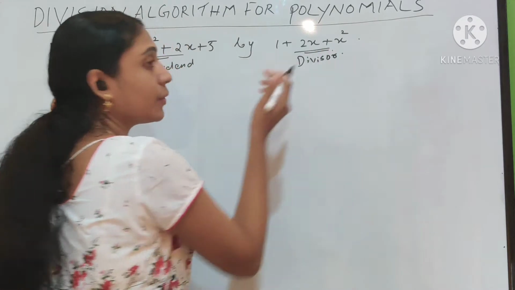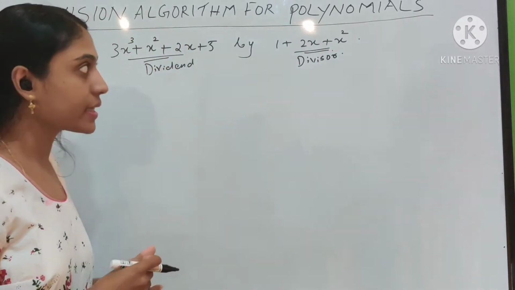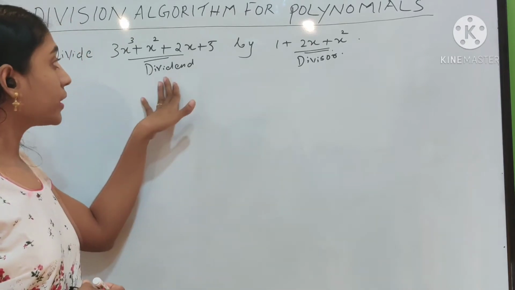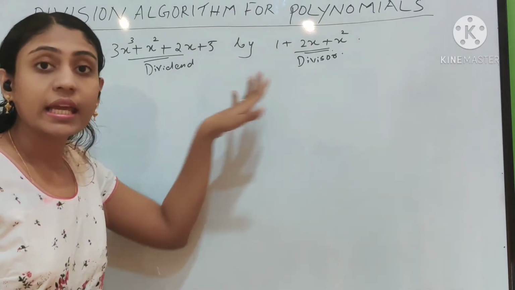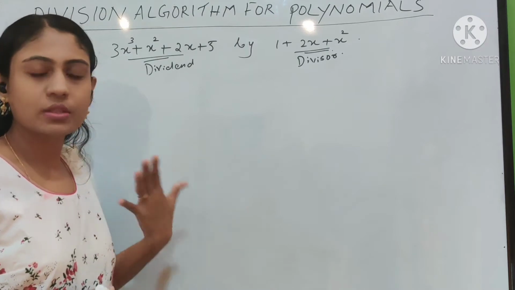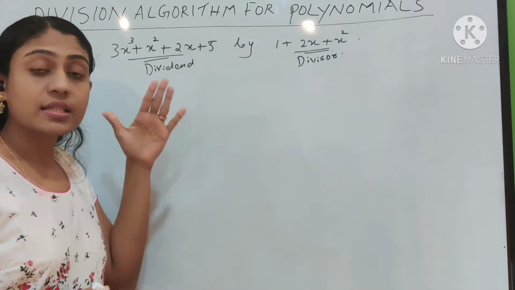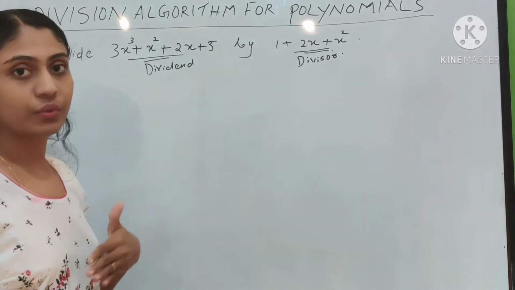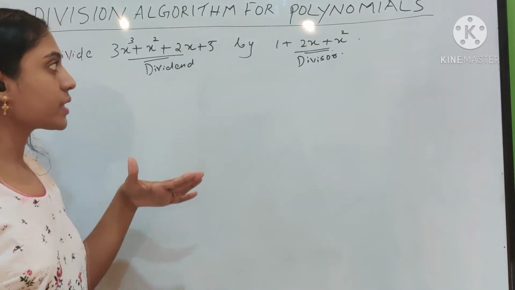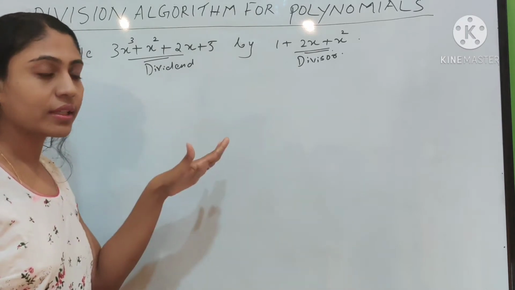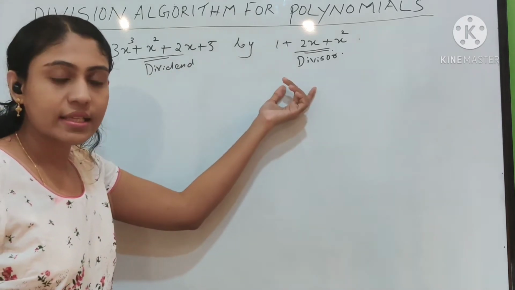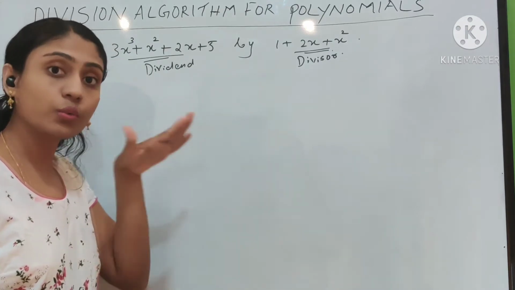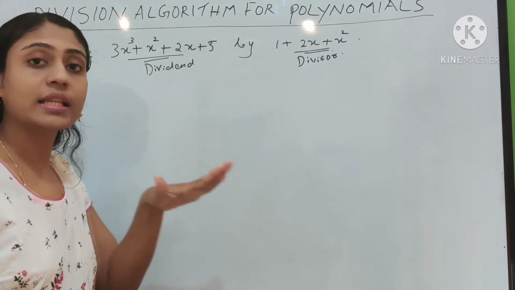And always remember, when a question comes like this, that is the division of polynomials, you have to arrange both the dividend and divisor in the standard form. So standard form means what? Arranging the terms of the dividend and the divisor in the decreasing order of their degrees. Understood? So first, when a question comes like this, check whether the dividend and the divisor are written in the standard form. If yes, you can divide. If not, you first have to arrange them in the standard form.